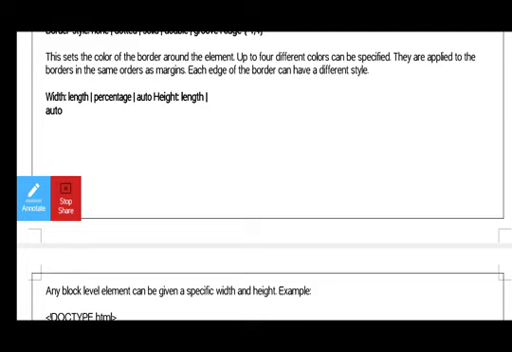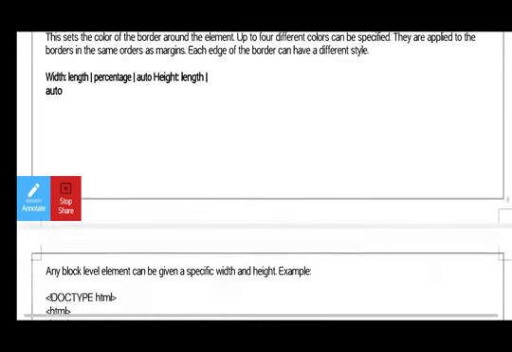We can represent width using a length, a percentage, or auto, and in the height also we can use length and auto.